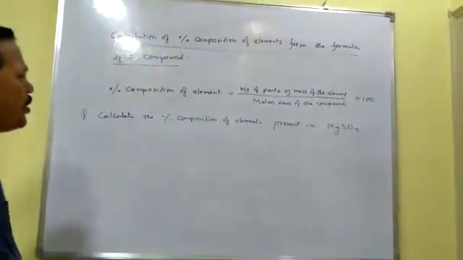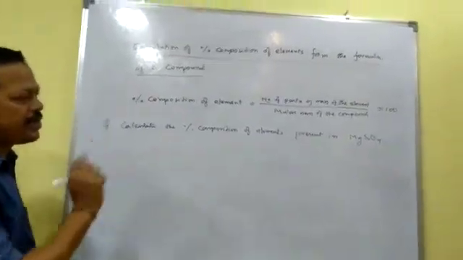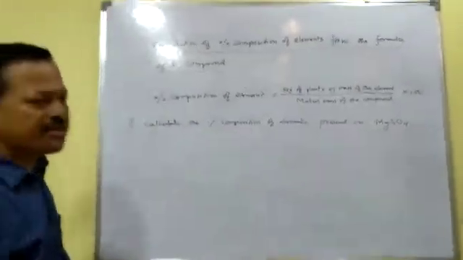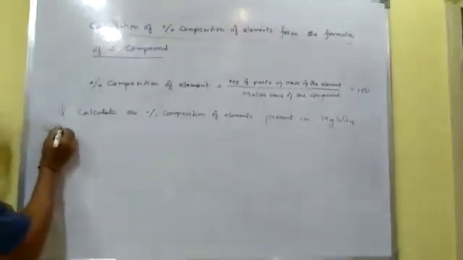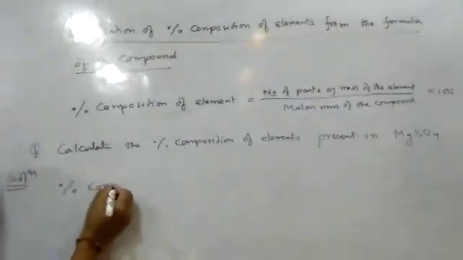So you have to find out the percentage of magnesium, percentage of sulfur and percentage of oxygen separately. So to determine this you have to do like this: solution, percentage composition